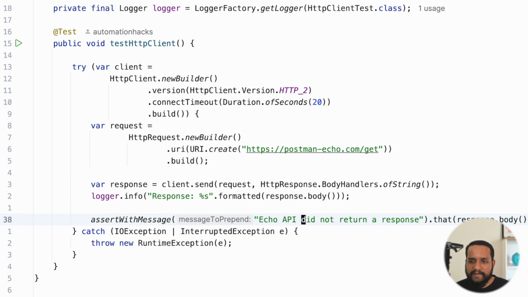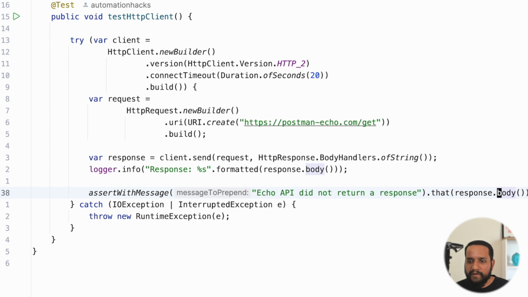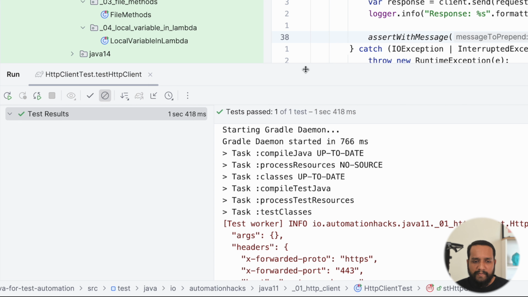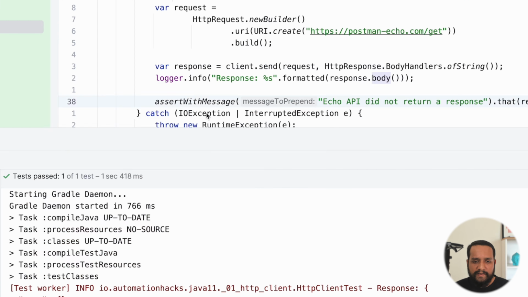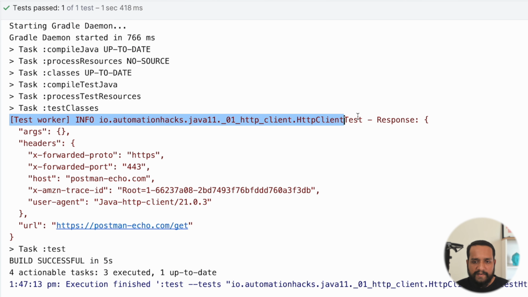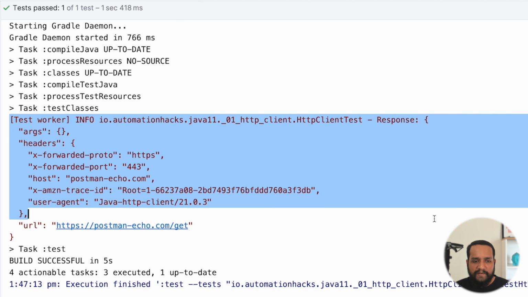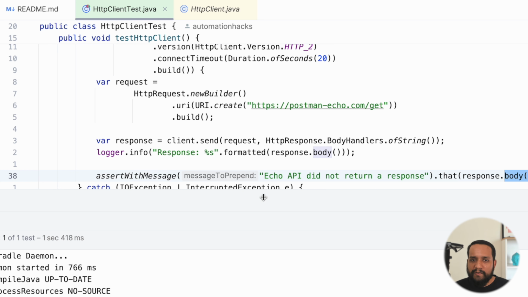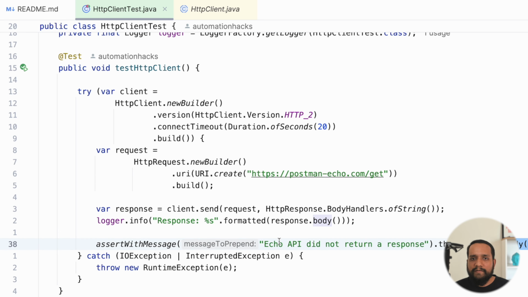And lastly, I just assert that the response that is provided, the body of it, is not null, just a simple assertion. So let's run this test and we can see the test passes. It also gives us this response, which is exactly what this particular API gives. So there you go. You have a simple HTTP client with Java 11 for whenever you need to make an